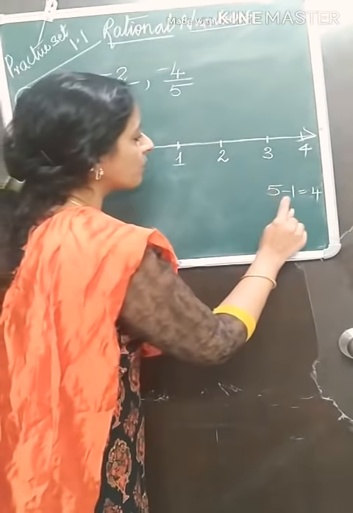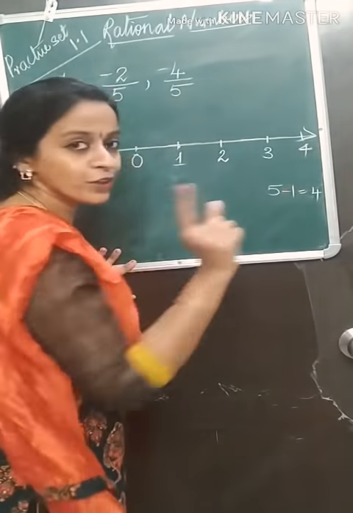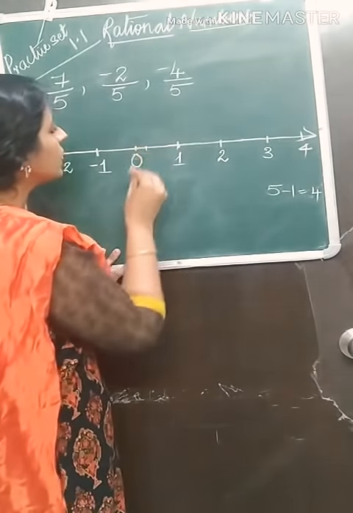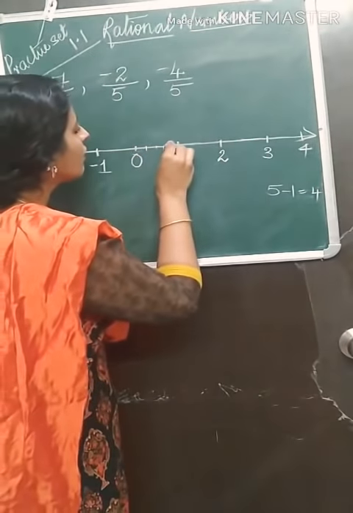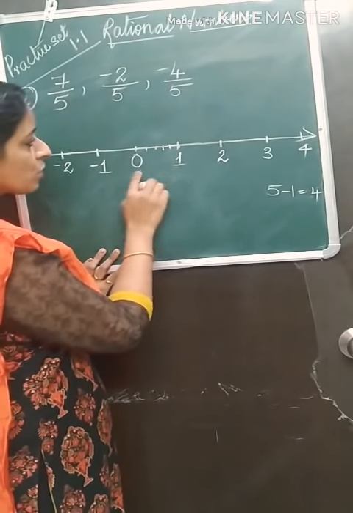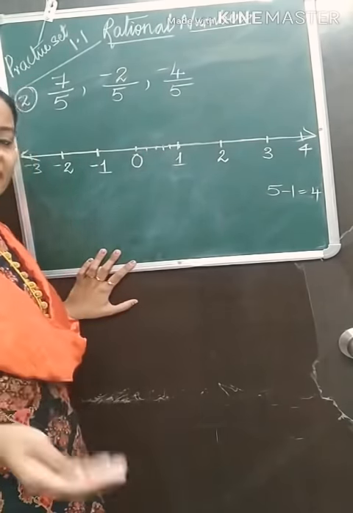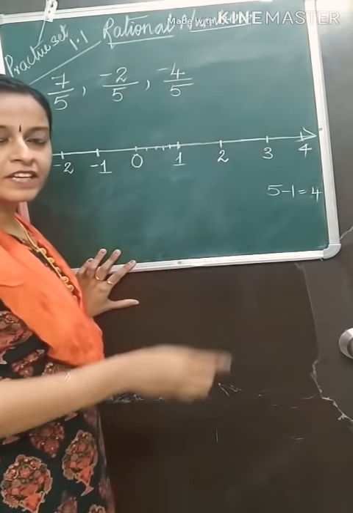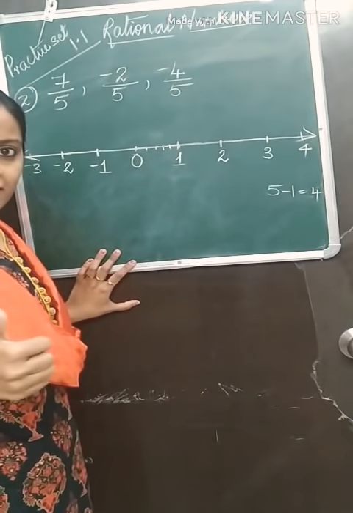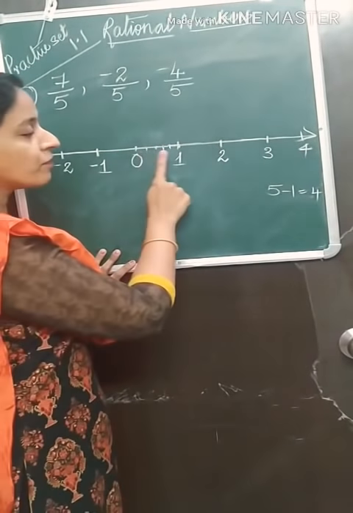Now what is the next step? Denominator is 5. 5 minus 1, 4. So what will you do now? We have to put 4 dots. So after 0, between 0 and 1, 1, 2, 3, 4. 4 dots I'll put. If you put 4 dots, automatically from 0 to 1 it will be divided into 5 parts. Part number 1, 2, 3, 4, 5. Understood the trick? So if it is 5, you will subtract 5 minus 1, 4. You will put 4 dots.